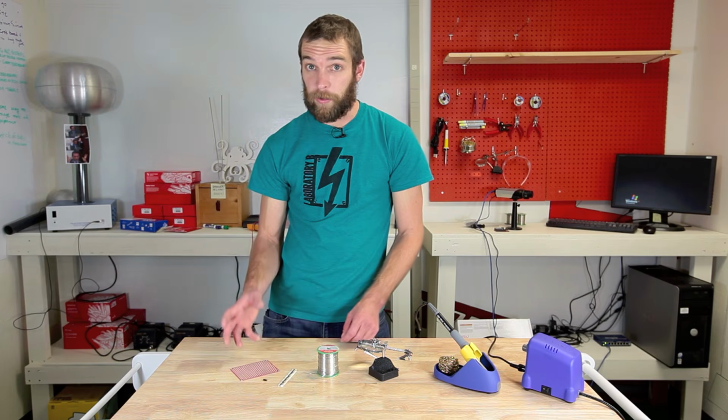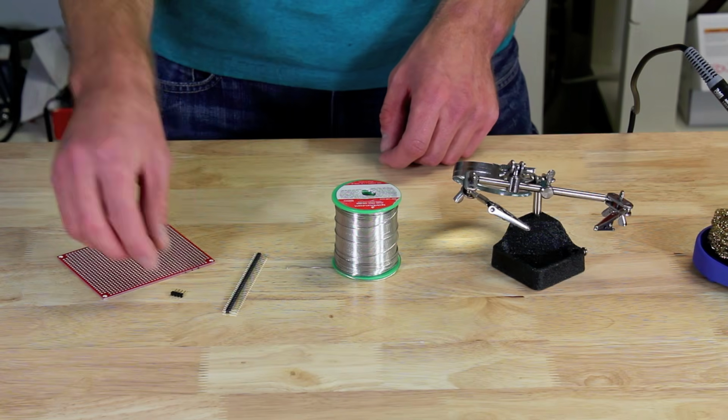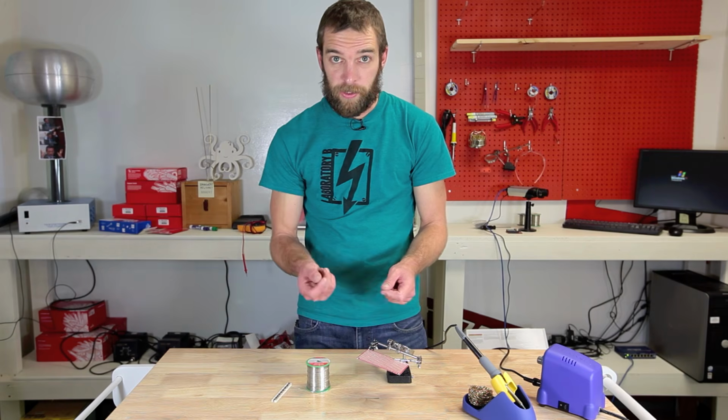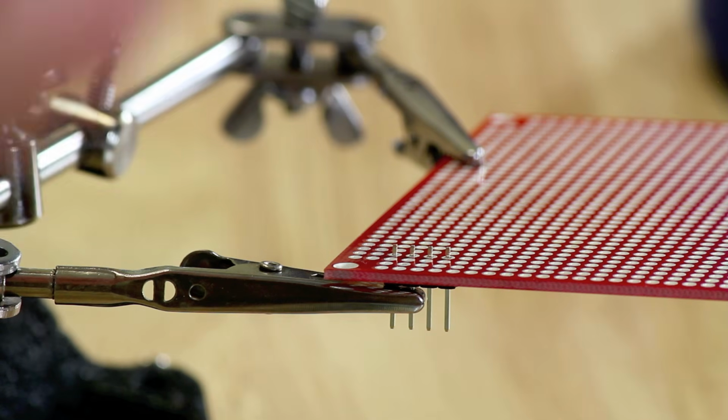And finally, we need something to solder. In your case, it might be a kit or a project you're working on, but today I'm just going to be soldering some headers onto a piece of perf board. So all I've done is mounted the 4 header pins into the perf board, and they're sitting pretty flush along the bottom, and the pins are just sticking out the top,